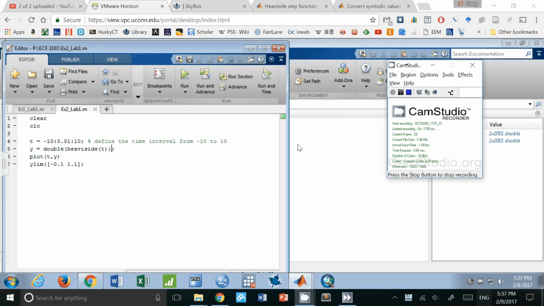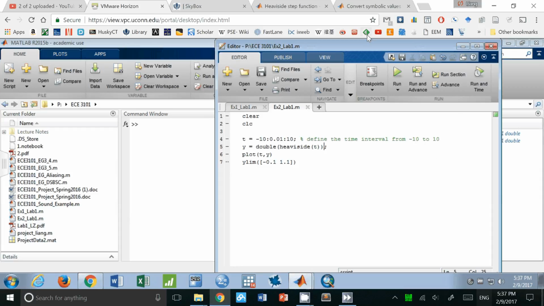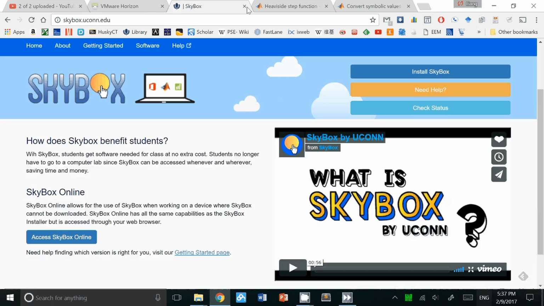Okay, I was running into discrepancies between the MATLAB version on Skybox and the one on my Mac computer, which I wrote the lab on. So compare with the lab document. This is an adjustment I'm making. So if we go back to